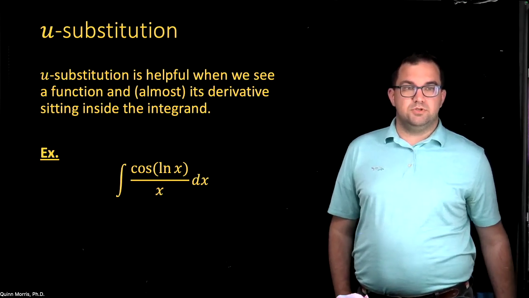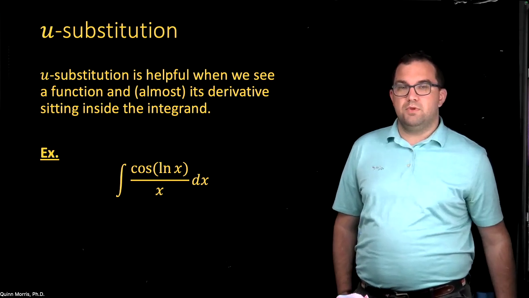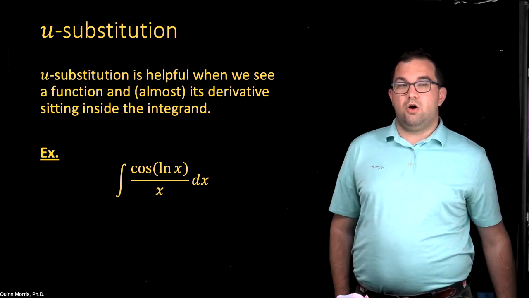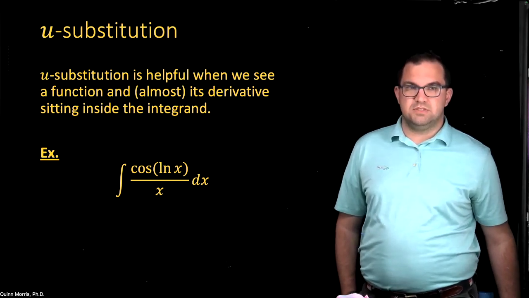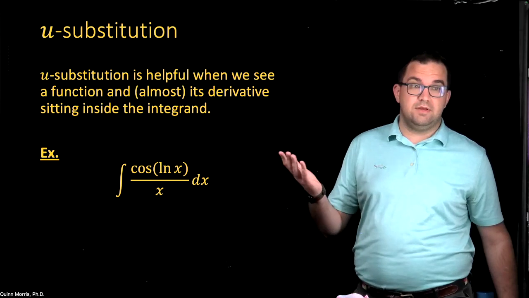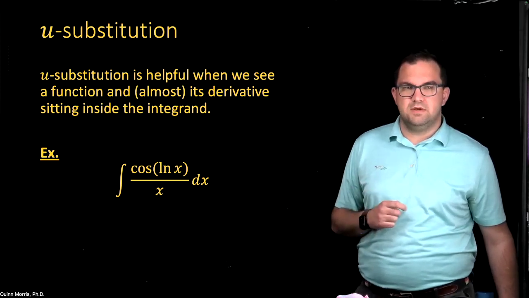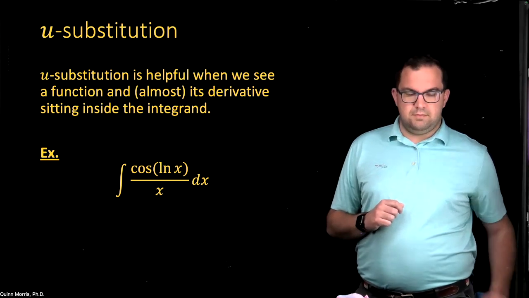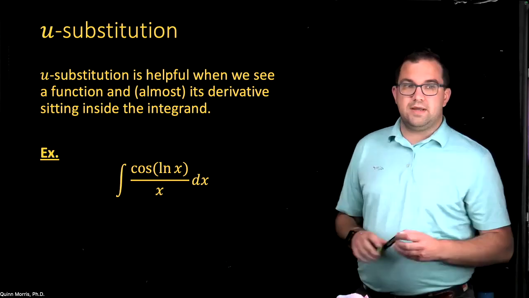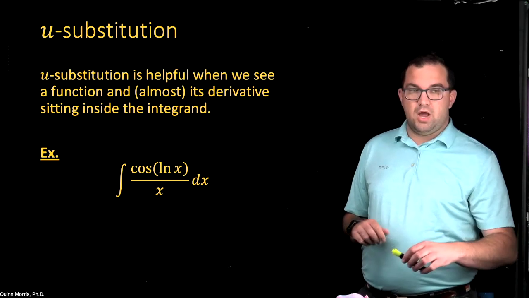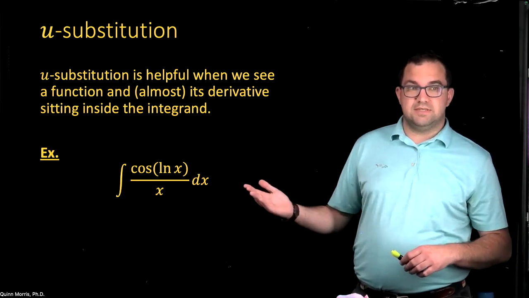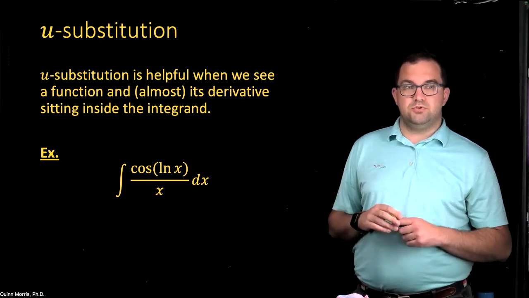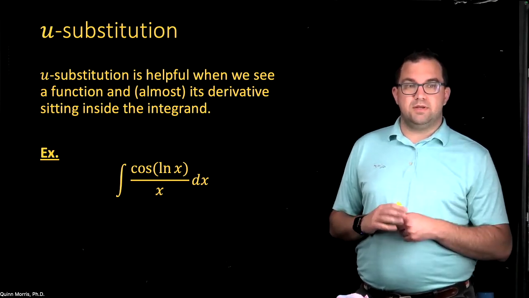Beginning with u substitution. U substitution is helpful when we see an integrand which contains a function and almost the derivative of that function sitting inside the integrand, or entirely the derivative, but we can make it work if it's almost the derivative with just a constant issue. Now, for each of these methods, we're going to look at a quick example, but we are not going to fully work out those examples. Hopefully, we'll discuss how we can make the u substitution, and for practice, you can complete the integral